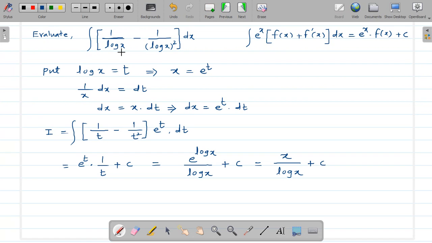So this can be solved by using the substitution method, and after substitution we get the required form. This is a different type of example that we have to solve like this. Okay, so try to solve this type of examples related to this special integration.